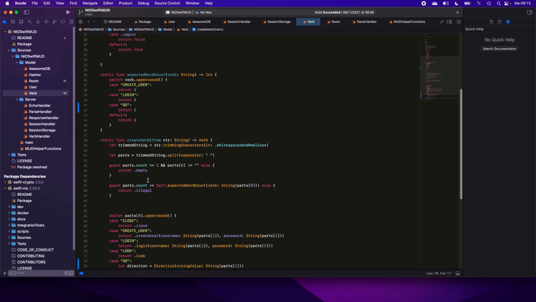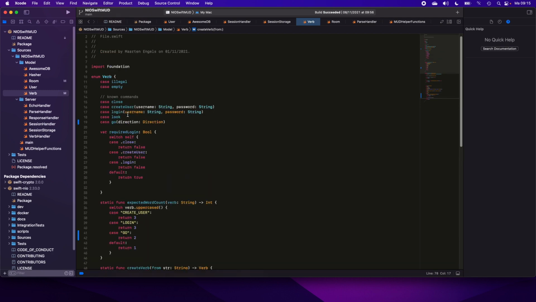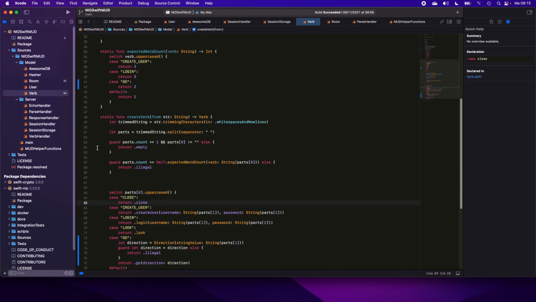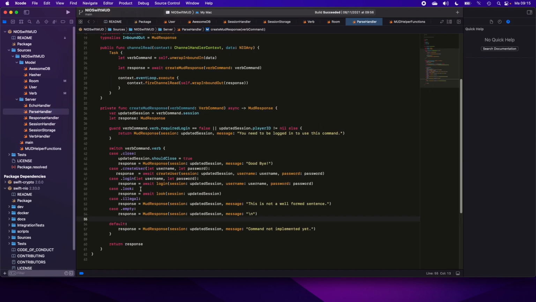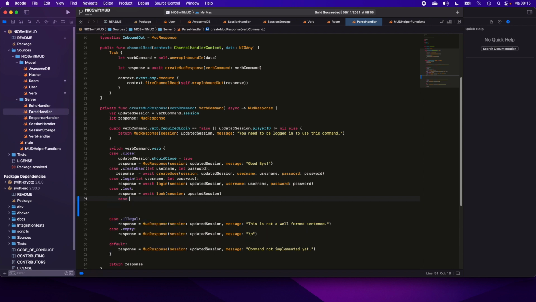So we should now be able to at least parse the go command with a direction. And the next step would be to handle the actual command, and we can do that from the parse handler. So we have our look, we'll add a case for the go, and we'll have the direction as an associated value,